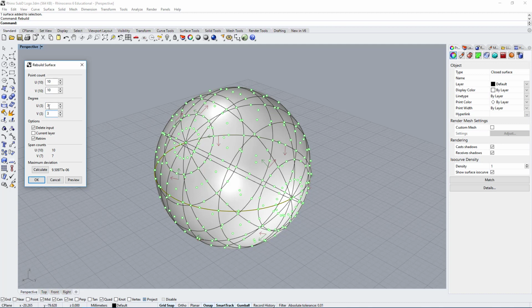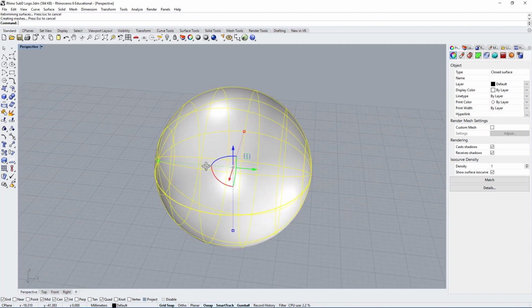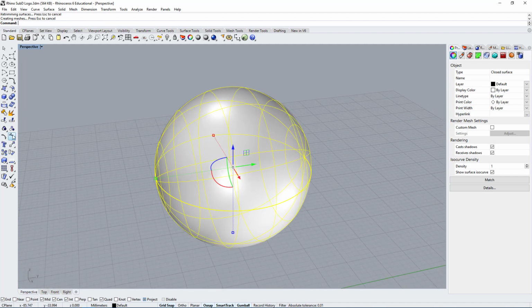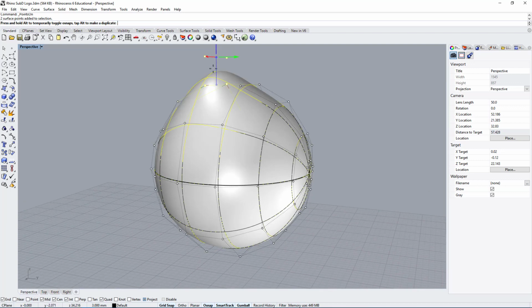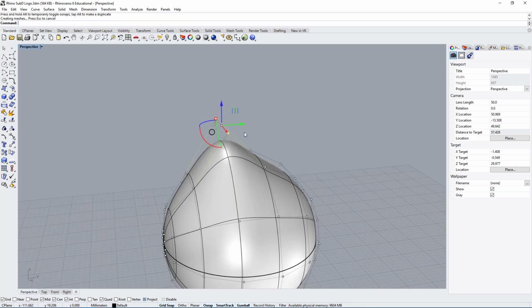But basically, when we use a freeform modeling approach, we would make sure we have a degree 3 surface. And once we have this surface, we can show the control points, and we can deform this surface using control points, right?